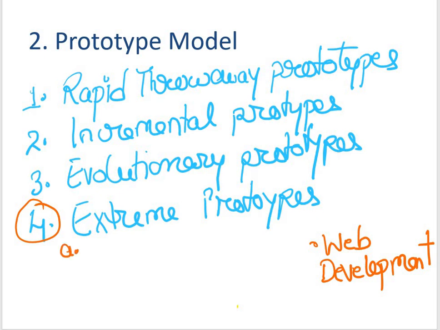The first one is a basic prototype with all the existing pages present in the HTML format. Right. So basic prototype plus all the HTML formats.